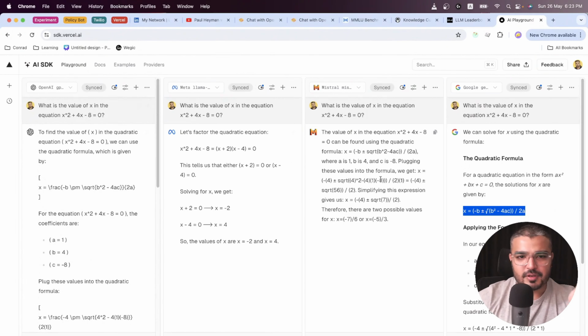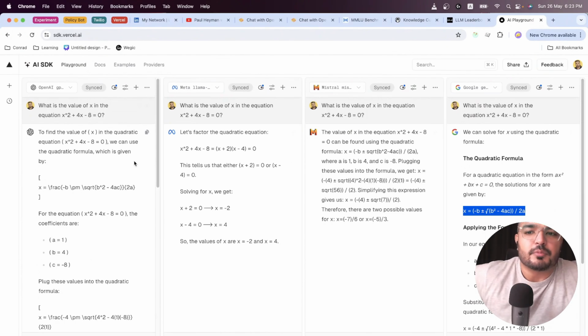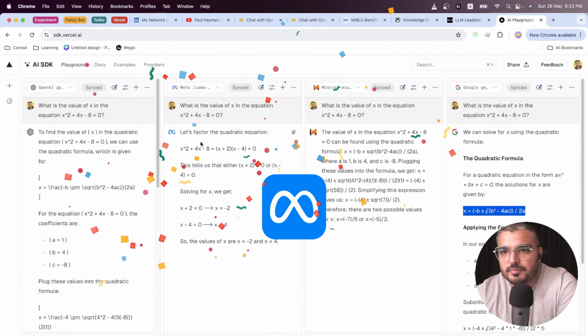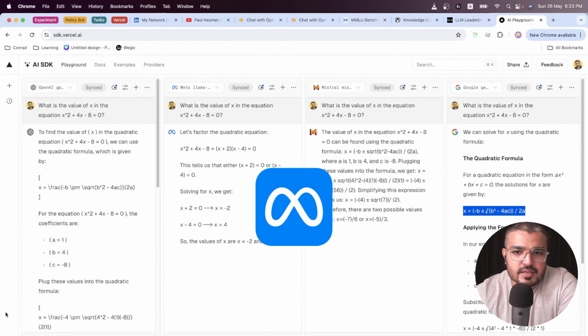It's more elaborative, so I would say Llama 3 1, Gemini 1.5 Flash. 1.5 Flash, by the way, this is the first time actually running trials on 1.5 Flash, and I'm kind of impressed. So Llama 3 1, Gemini 1.5 second, and third is